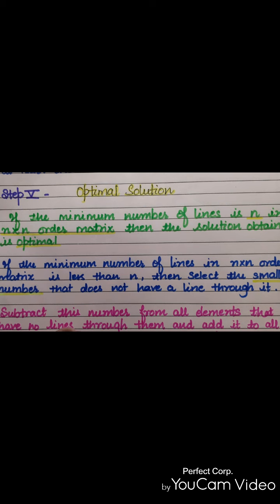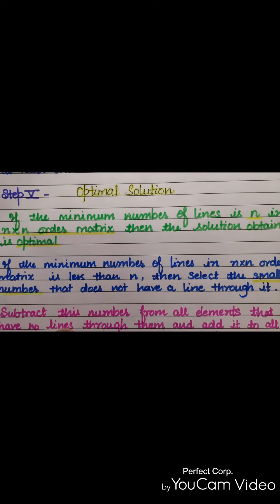That means you just have to select the smallest number of the matrix in which you have drawn the lines. That means after the fourth step you have to do it. You have to select the smallest element which does not have a line through it, right,